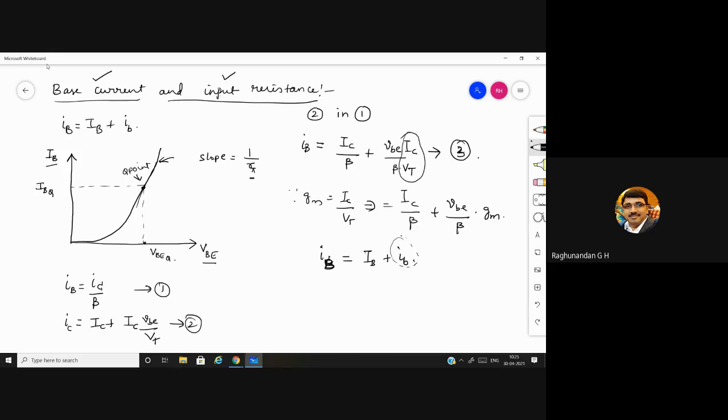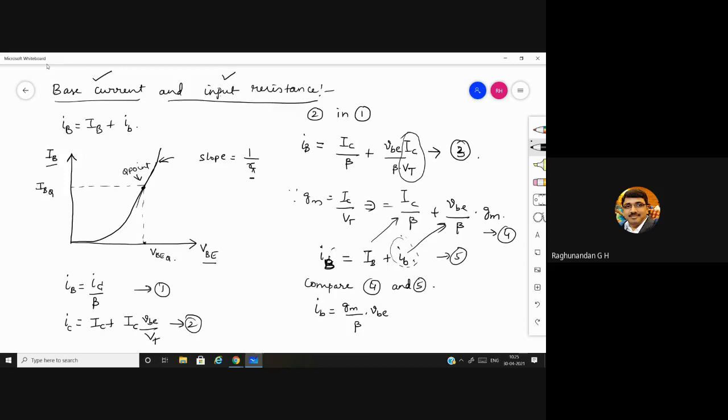So now take this as equation number 4 and this as equation number 5. So compare 4 and 5. When you compare 4 and 5, we will be getting our small signal current as GM by beta into VBE. We just compare what is in this position, what is in this position. This is our instantaneous current, DC current, AC current. AC current is our small signal current. So this is the equation for base current.